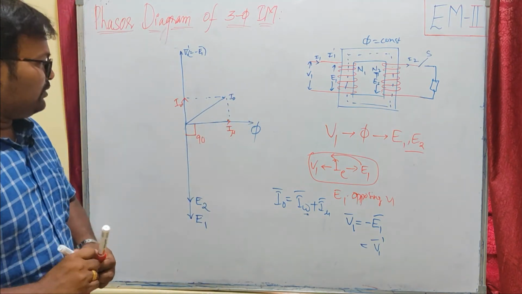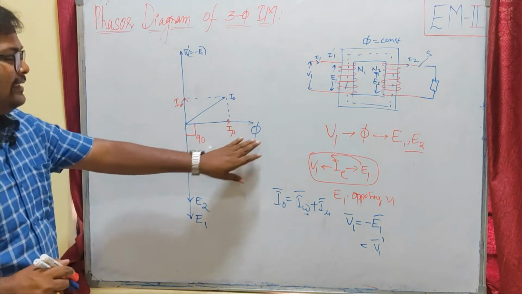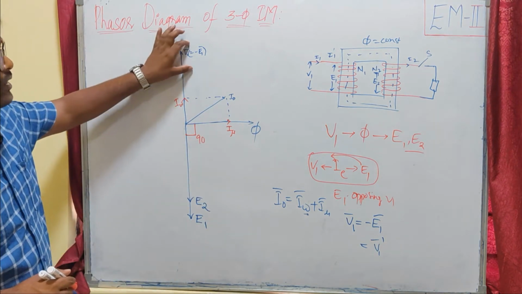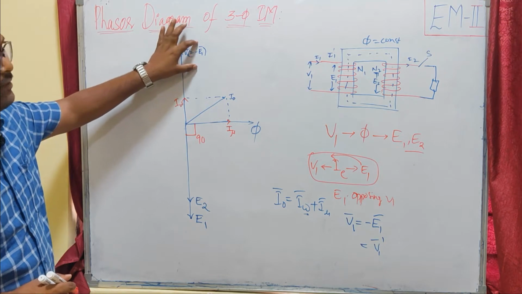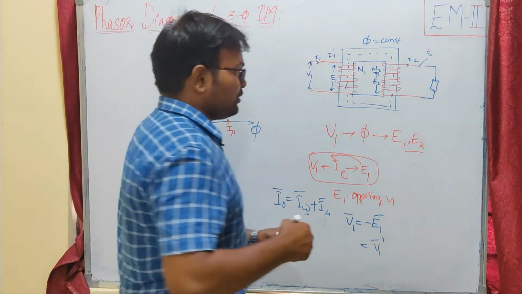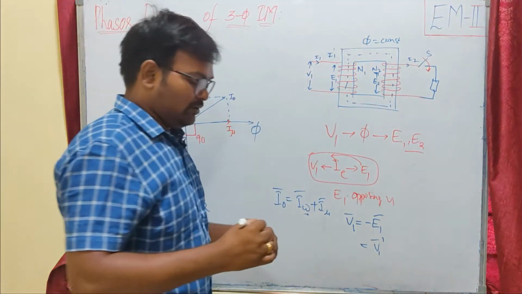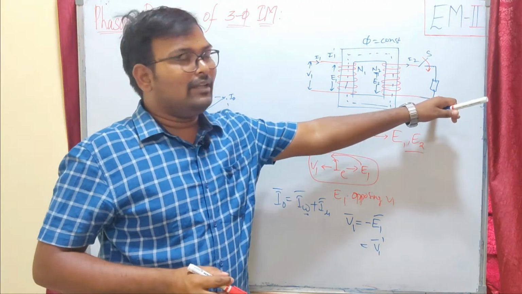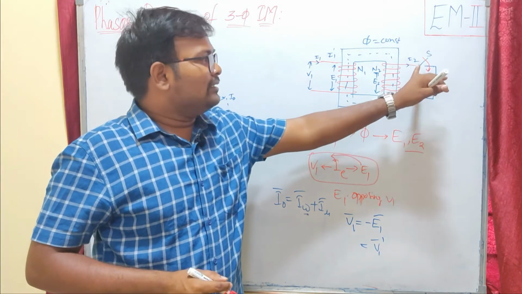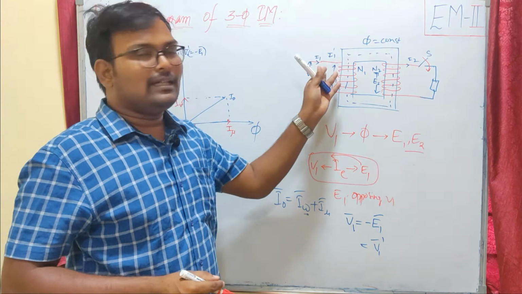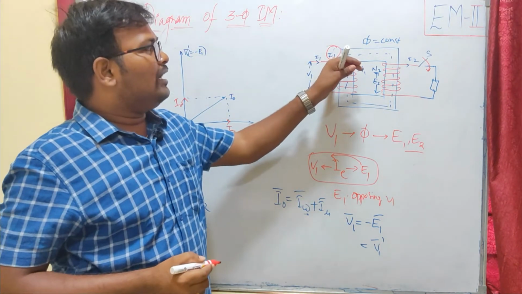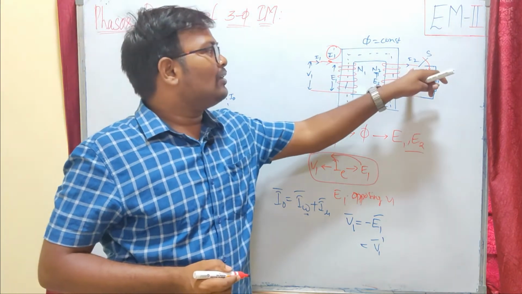So you got this. We have the flux, and we have the primary and secondary EMFs induced. The primary induced EMF is the counter EMF to the supply voltage, that is minus E1, which I consider as V1 bar. Now whenever this switch is closed, our load on the secondary side will consume some current. That means this current will flow in the secondary side. This secondary current will draw additional current from the primary, which is given as I1 dash. This current will be automatically generated in the primary whenever our load is closed.